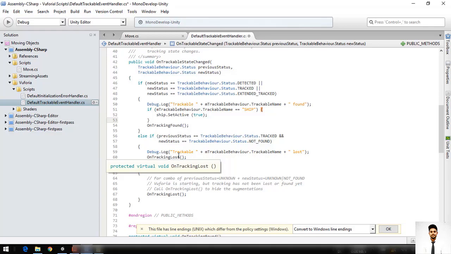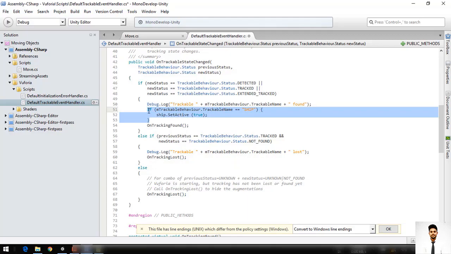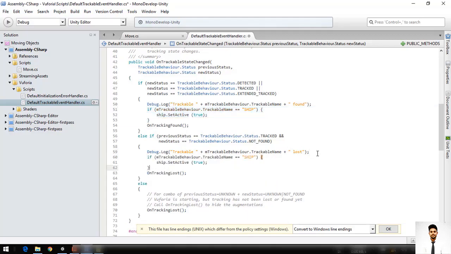Okay, everything looks good here. Please pause the video and have a look at this. This is the main script. Here we have written it. We'll be copy pasting it here and we'll make it false. So whenever the ship object moves away from the water, it disappears.